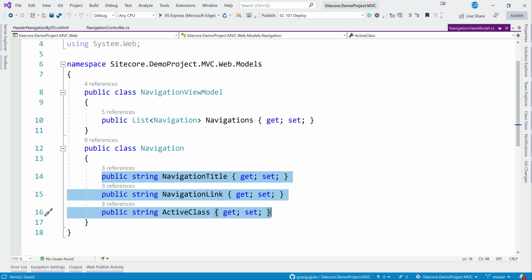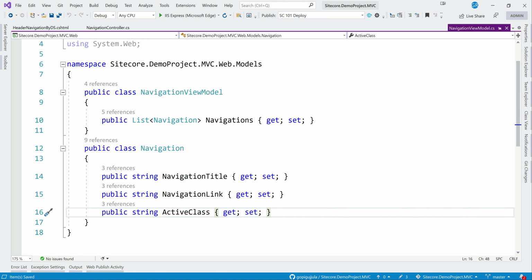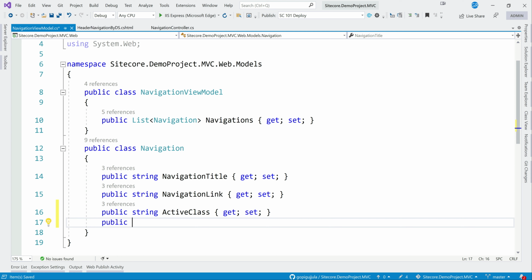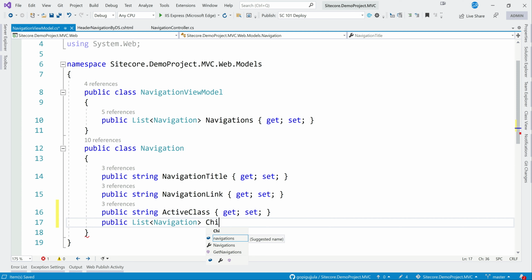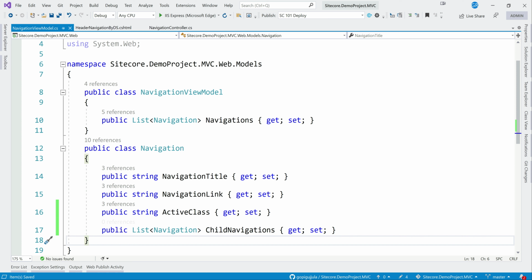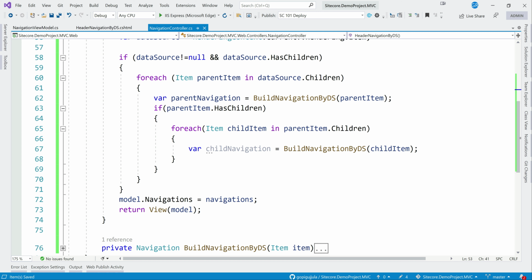For that again we need this kind of field here also. So for that we can create public navigation child navigations. So now this navigation can have these fields, and can again have another set of navigation items. Now if you go back here, we are getting a child navigation.